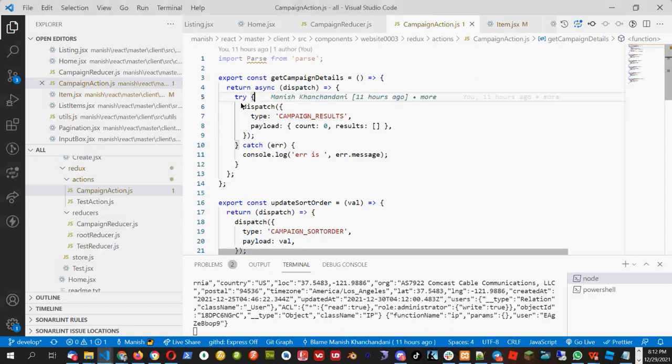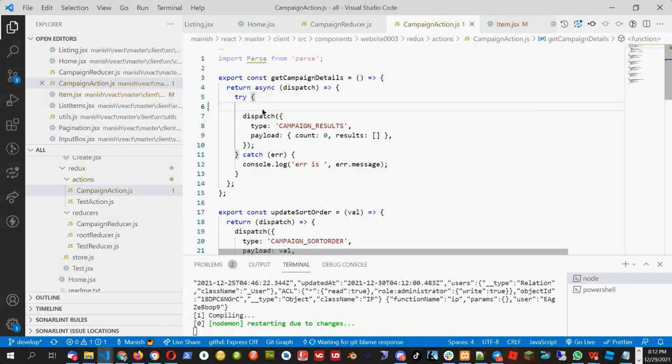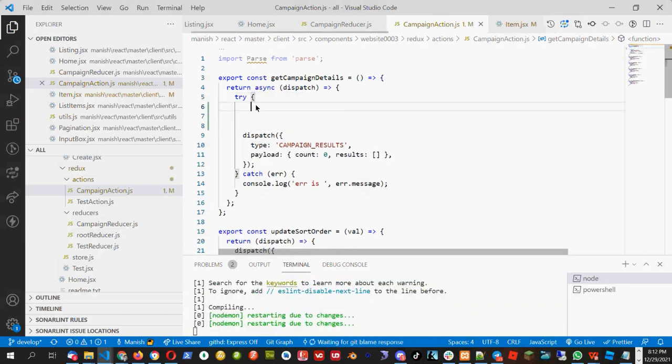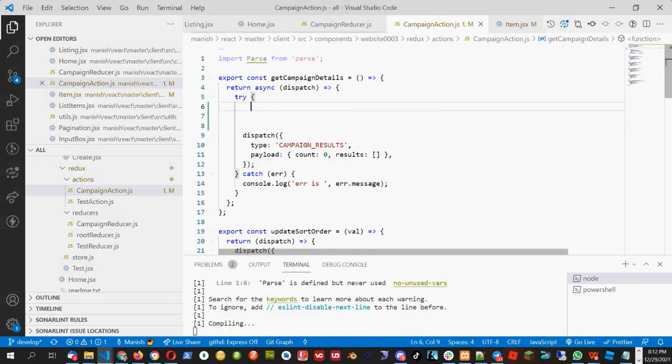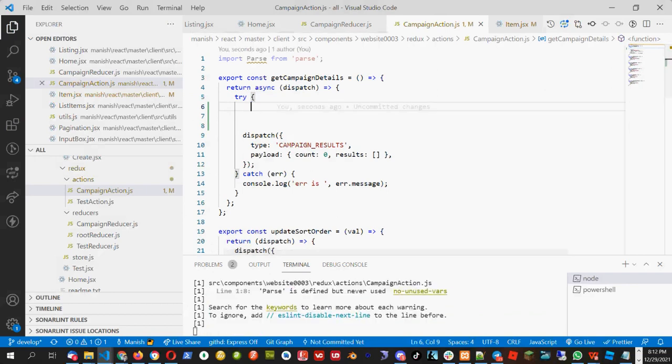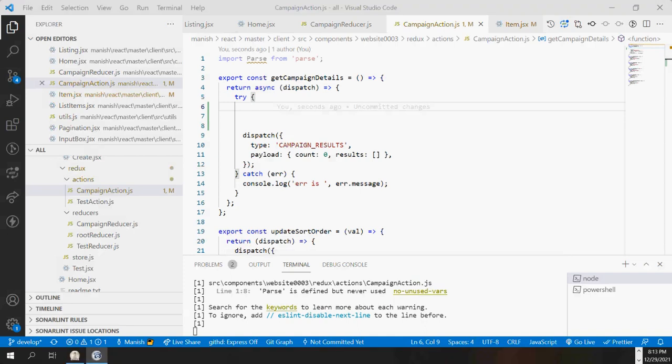So tell me, what will be the first line here? Everyone put it in the private chat. I don't want the full solution. I want just one line. What should I write here? Everyone put it in the private chat to me, either in Telegram or here only. Send only to me. What should be the first line?